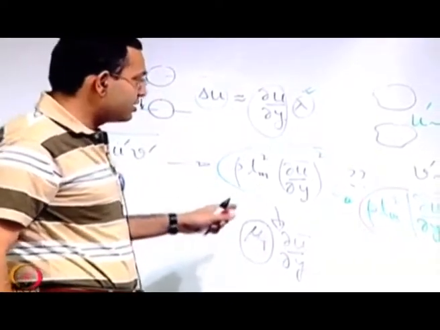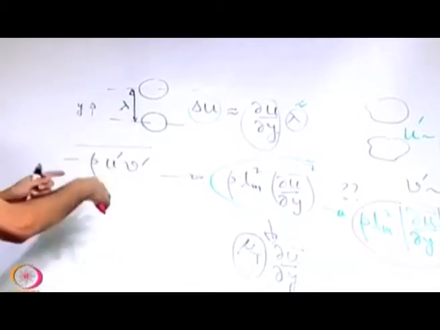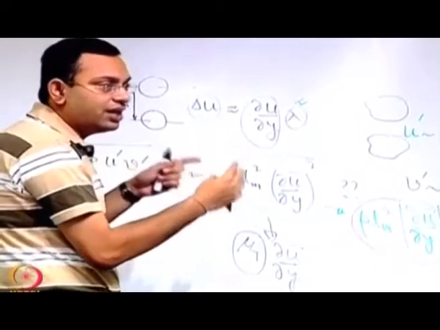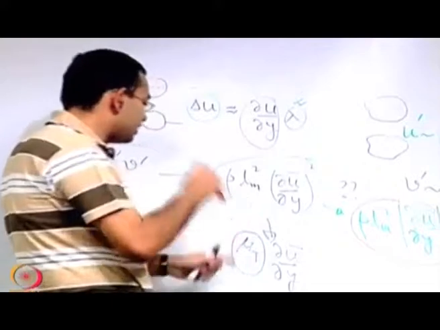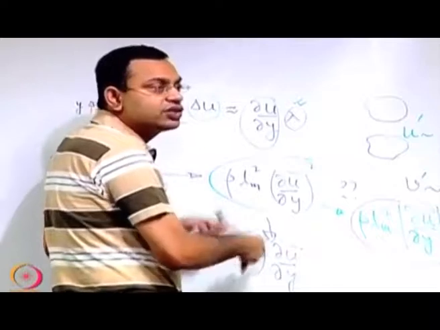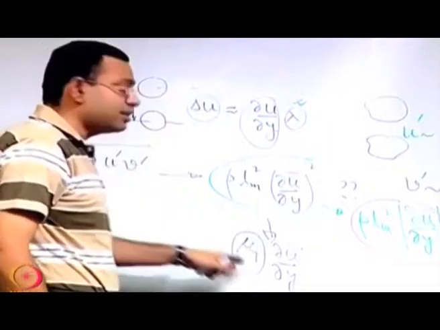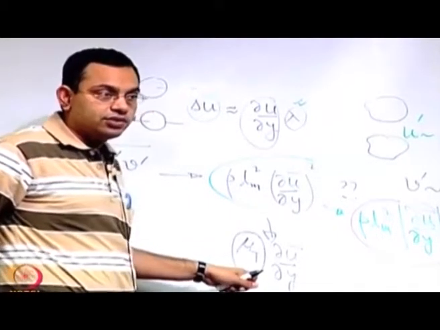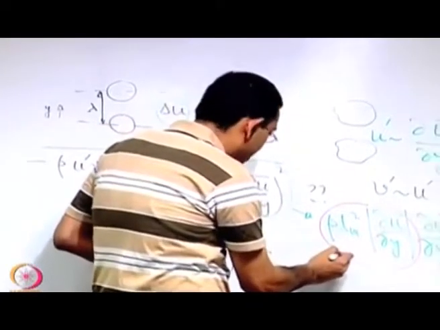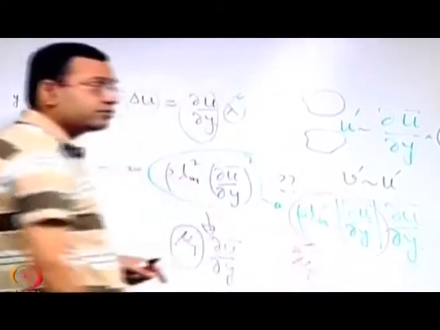So we discussed that example with a positive du dy; with a negative du dy it will just be the opposite. But whatever, the example with a positive du dy gives us a clue that if du dy has to be positive and the entire term has to be positive, that means mu t has to be positive. It is the other way, that if du dy is negative, then this term will be negative, but still mu t has to be positive. So the positivity of mu t is what has to be preserved, and that may be preserved by writing this term in this way. So this becomes the mu t.